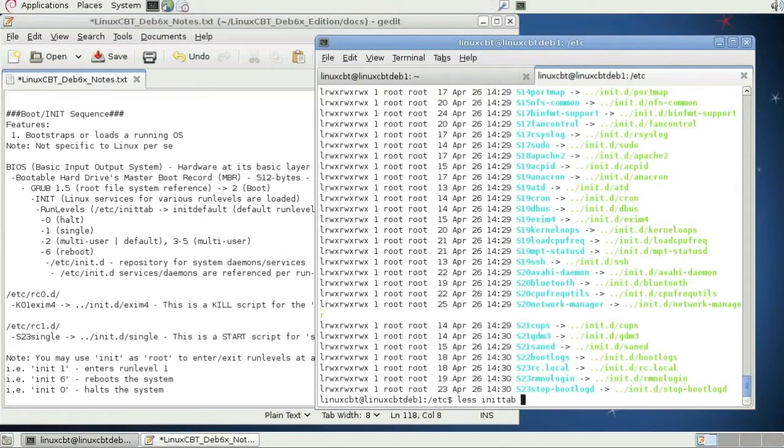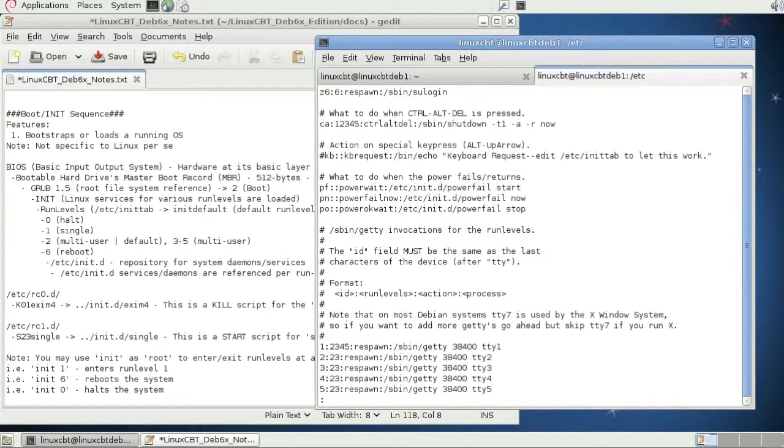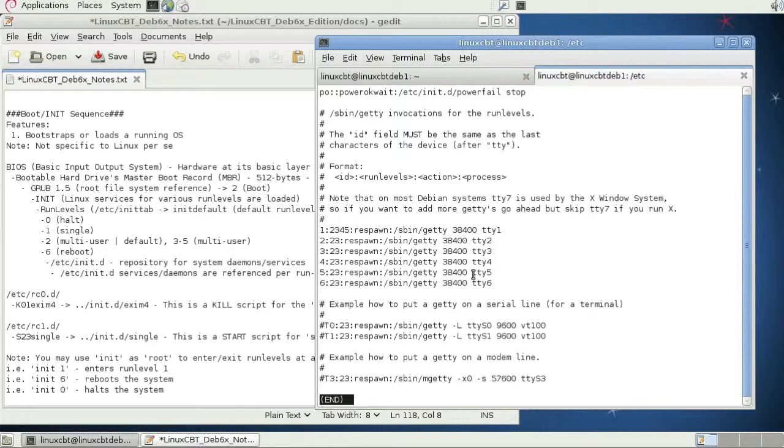And that's defined, as mentioned, in inittab. So inittab spells out that a default script is called. It also spells out what the various TTYs are that are defined, meaning shells that are accessible on different TTYs. So for example, here we see getty on TTYs 1 through 6, which allows us Control-Alt-F1 through F6